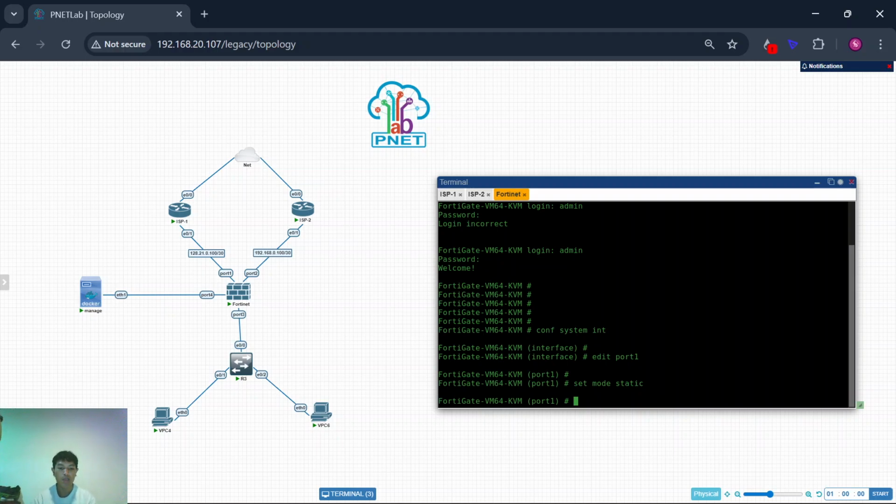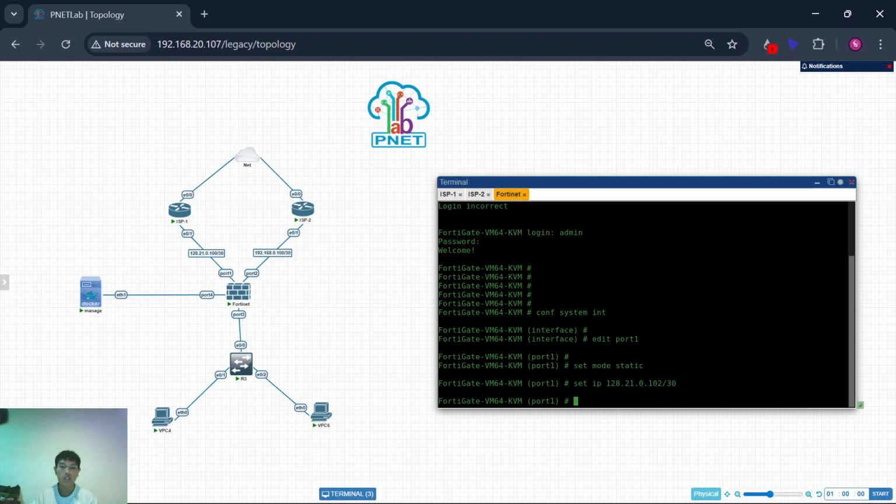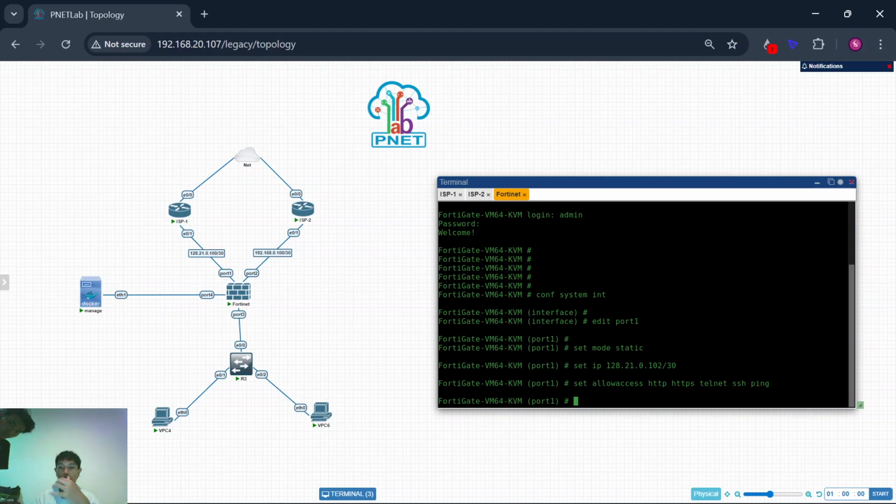And now you can add the IP. Set IP 198.121.0.102/30. Okay, like that. And now set allowaccess HTTP HTTPS telnet SSH ping. With HTTP allowed, you can configure this FortiGate device from web config. So, and then I will show you.